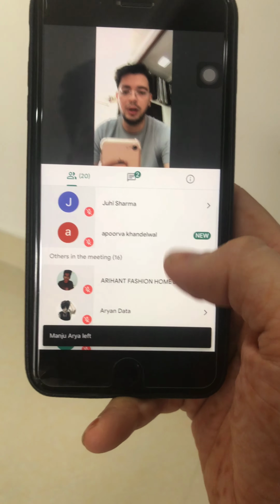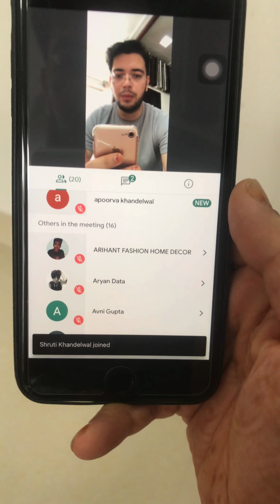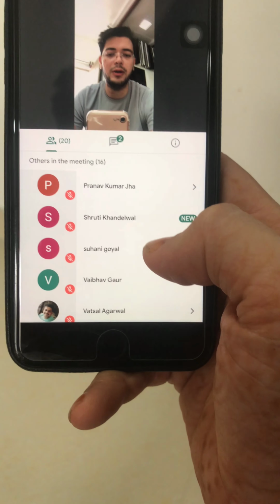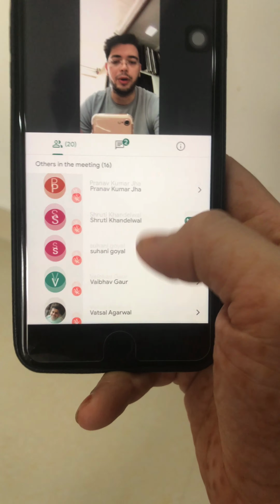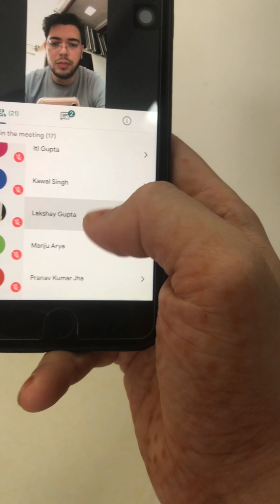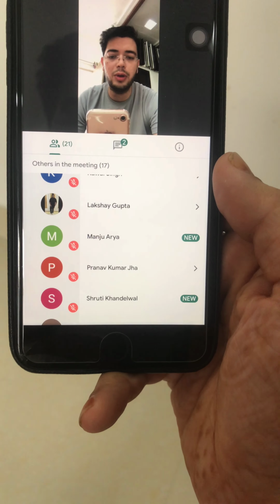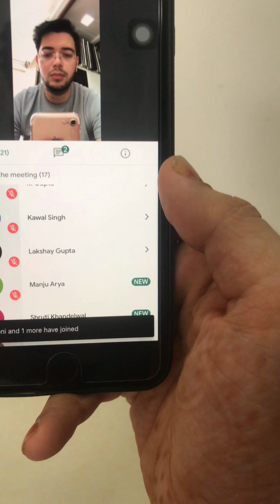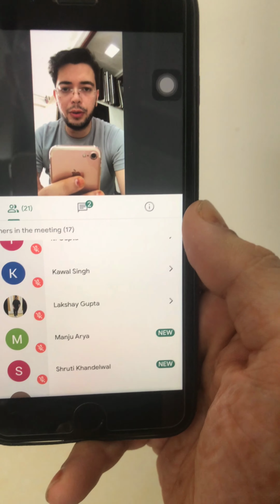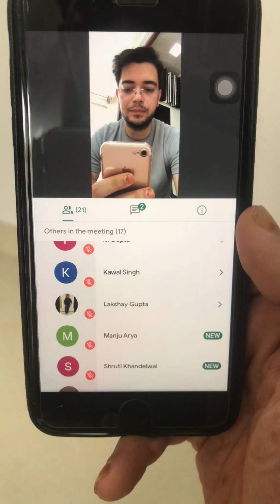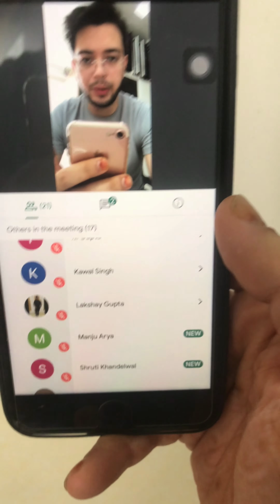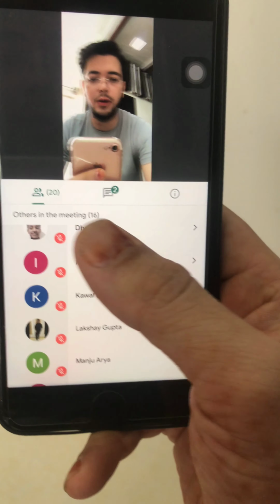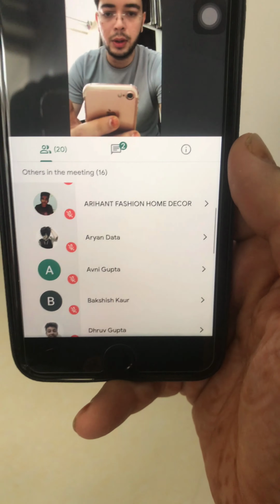You can see their names coming up, the names with which they are present on Google, and all of them have muted their audio. So Pranav, if you can switch on your audio. Yes, sir. Pranav, are you able to hear me properly? Yes, sir. The voice is clear. And the video streaming, is it clear? Yes, sir. Clear. Okay, Pranav, you can switch off your audio. Okay, sir.